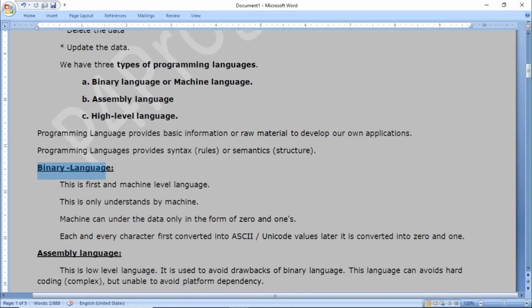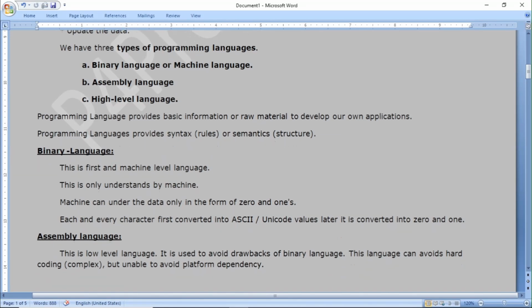Each character is first converted into ASCII code, and then the ASCII code is converted to 0 and 1. Then a machine can understand. That language is called binary language.